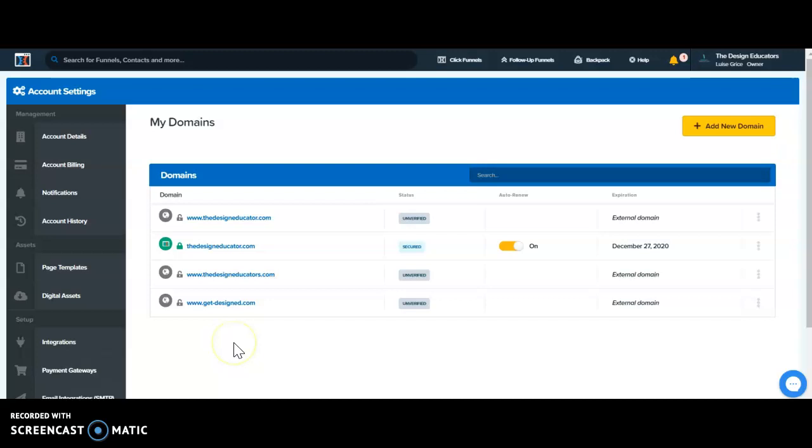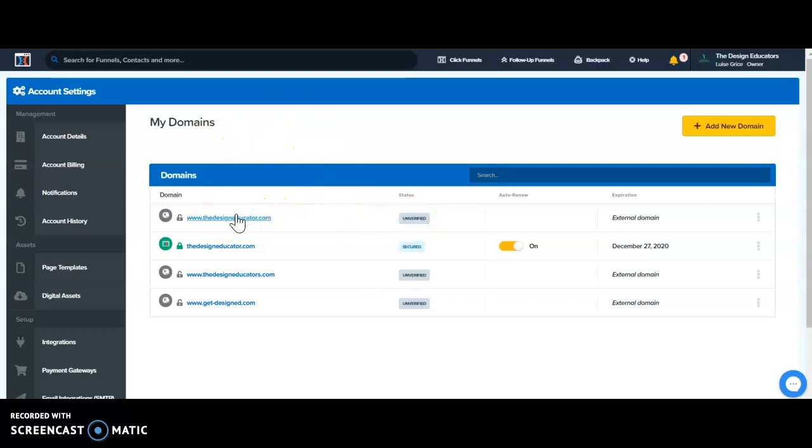So the reason why this might be happening is because of your domain. Right now on the funnel that you're using to try and purchase those things, you're using this particular domain or this one. You don't need to have two of the same domain. You need to actually add this domain where it says secure, just like this one. Go ahead and add your custom domain so that it says secured, and then attach it to the